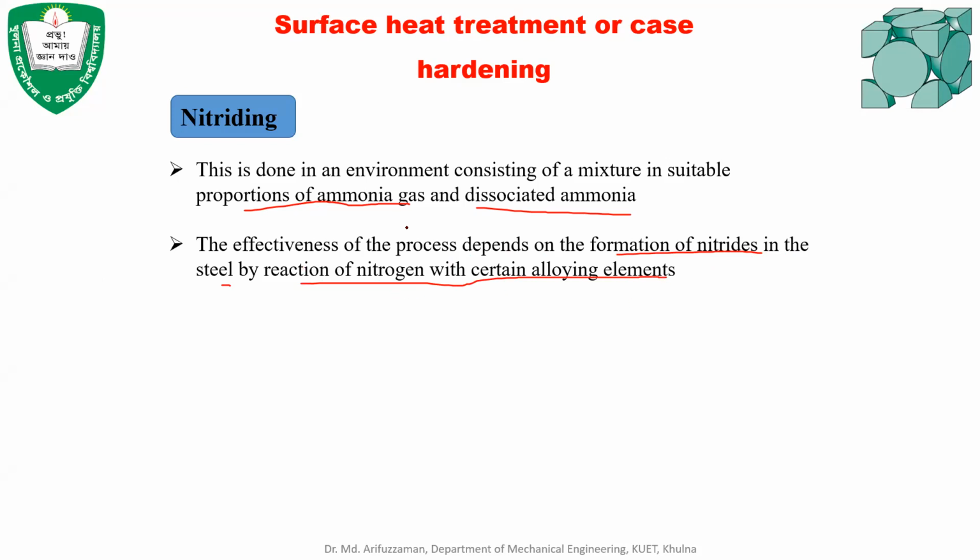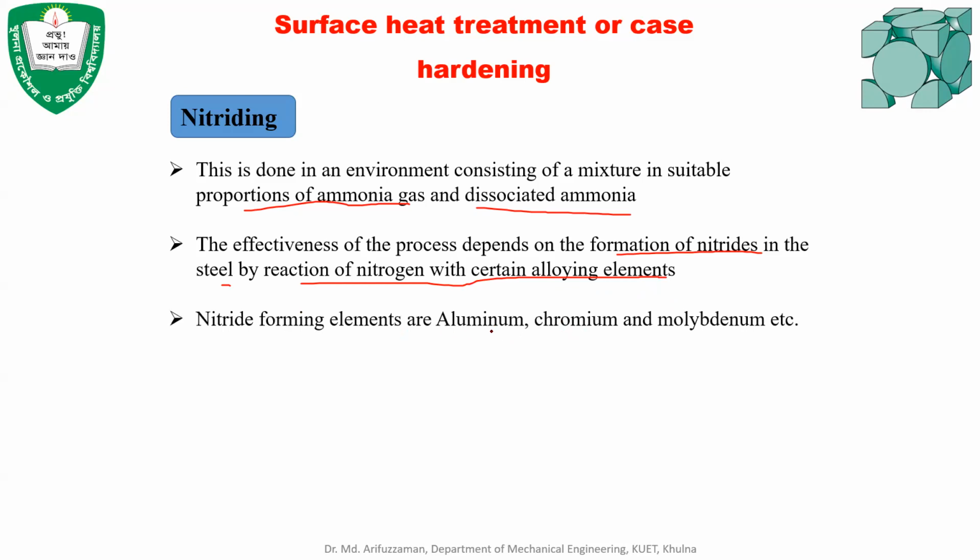And only penetration of nitrogen is not enough to obtain a hard surface. To obtain a properly hard surface, the iron has to have some kind of alloying elements, for example, it can be magnesium, or it can be some other elements like chromium. Okay, so those alloying elements will react with nitride to form metal nitride, and that metal nitride will give us the hardened structure on the surface. Okay, so in nitriding, only penetration of nitrogen is not enough. It has to react with some alloying elements. Otherwise, nitriding is not applicable.